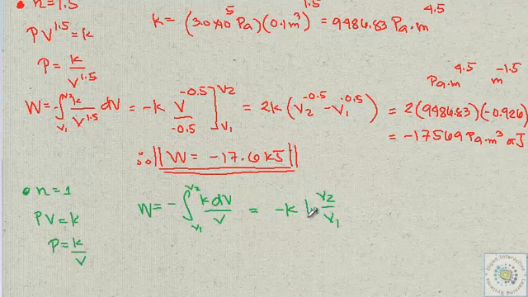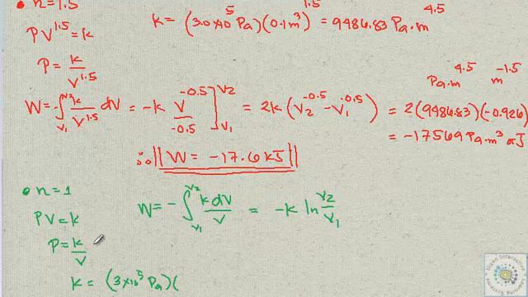And then solve for K. It's easy to solve for K because you could just use P1, which in this case is 3 bar, so 3 times 10 to the 5, in Pascal. I'm converting the bar to Pascal,